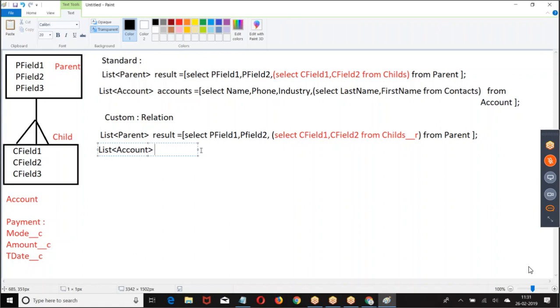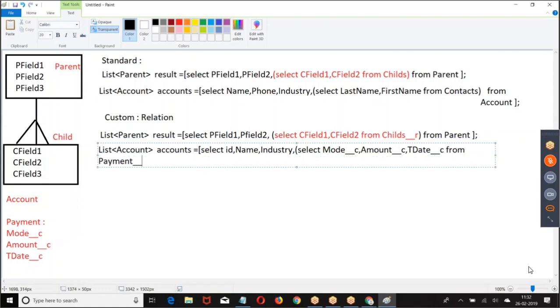List of account. Select ID, name, industry, (select mode, amount, transaction date from payments underscore R) from account.